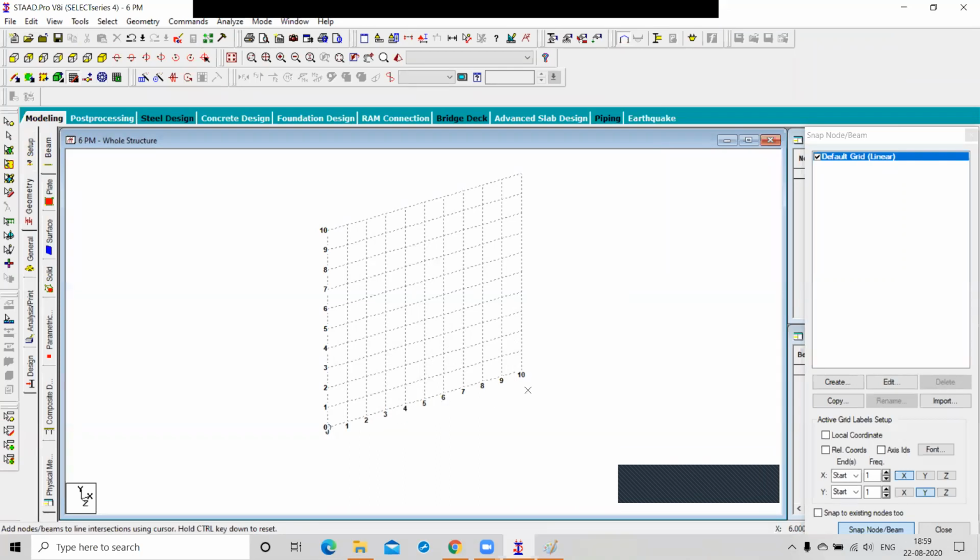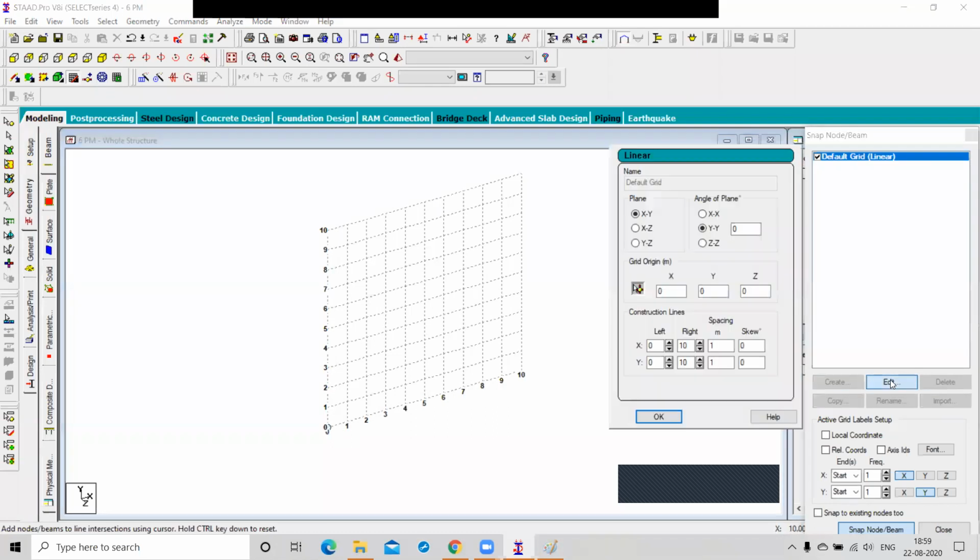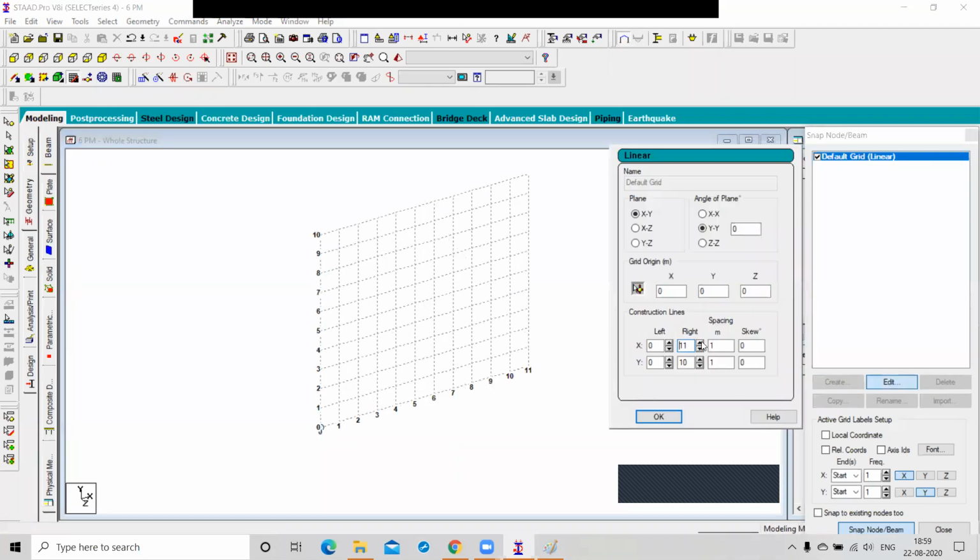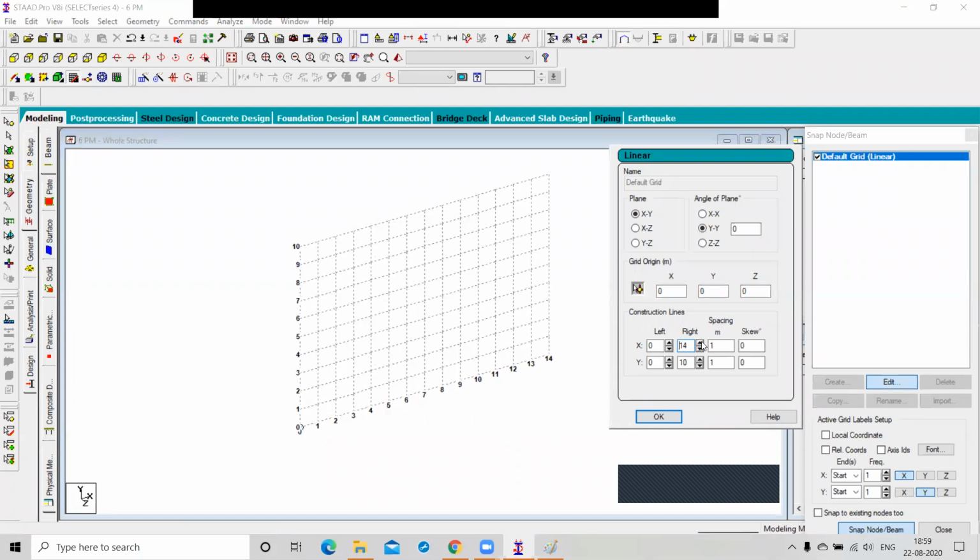In the x-axis, what distance can we take? Up to 16? Yes. And on the y-axis? 12 meter. Click, we go to the edit button, and we change the x-axis up to 16, right?